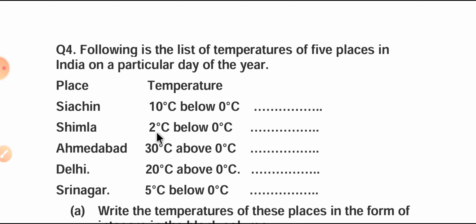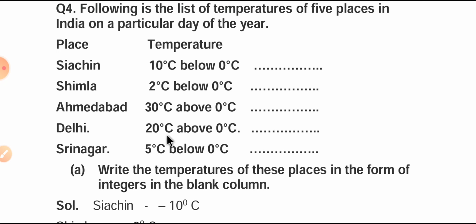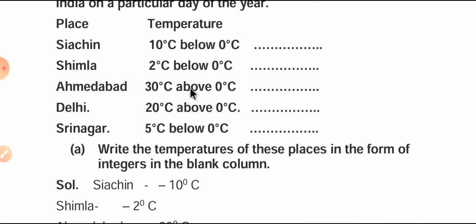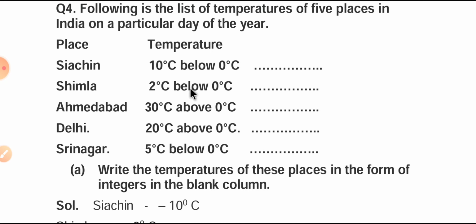Shimla 2 degrees Celsius below 0 degrees Celsius. Ahmedabad 30 degrees Celsius above 0 degrees Celsius. Delhi 20 degrees Celsius above 0 degrees Celsius, and Srinagar 5 degrees Celsius below 0 degrees Celsius. So these are the places and their temperatures given for the 5 cities and for the particular day of